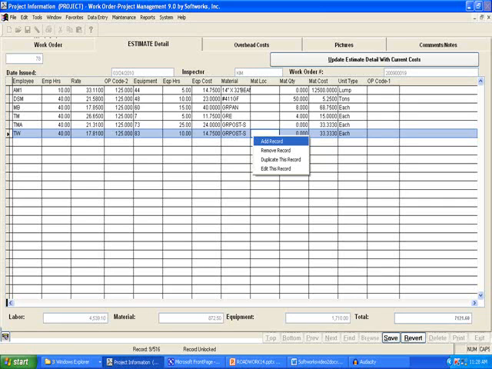The work code can be selected from the work code table file by pressing F10 while your cursor is in the work code field. Enter or select the equipment required for the project by pressing F10 while your cursor is in the equipment field. Enter the number of hours required for the equipment, and the equipment cost will be retrieved